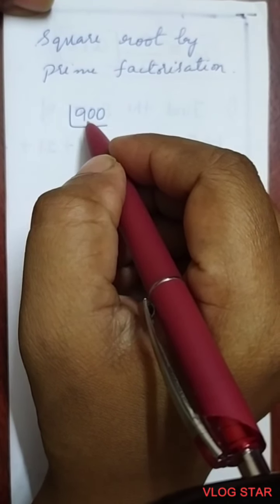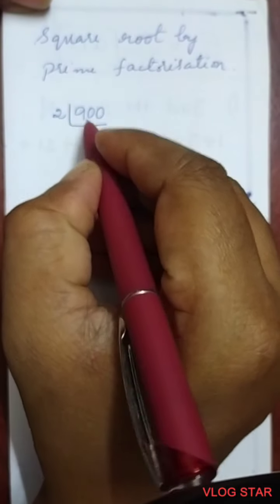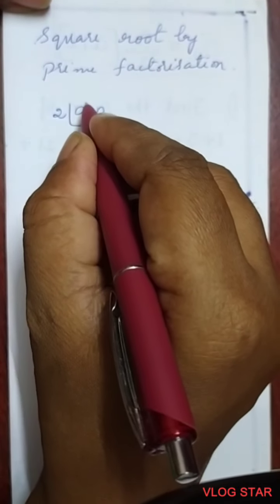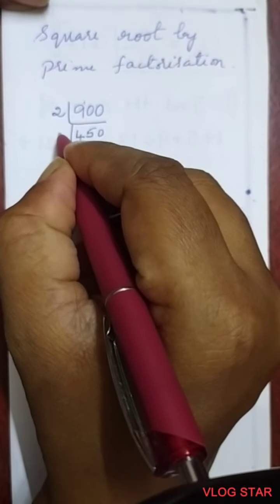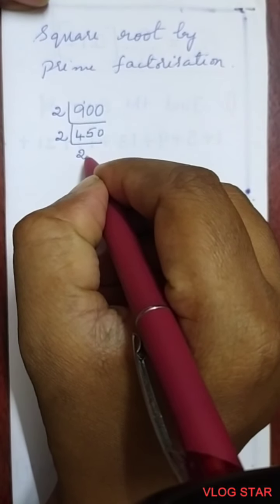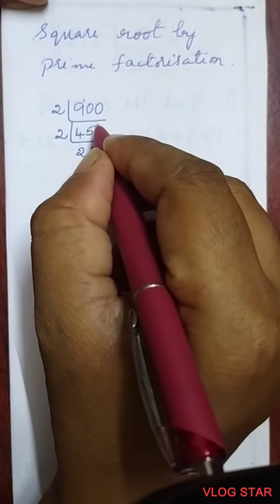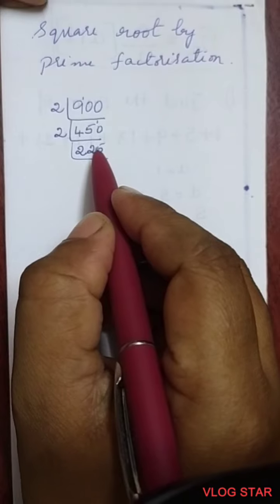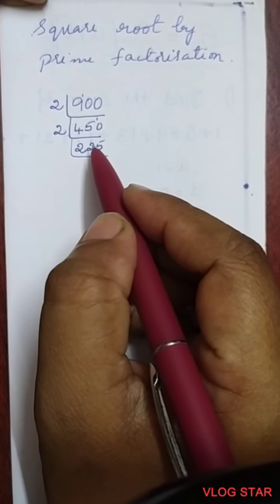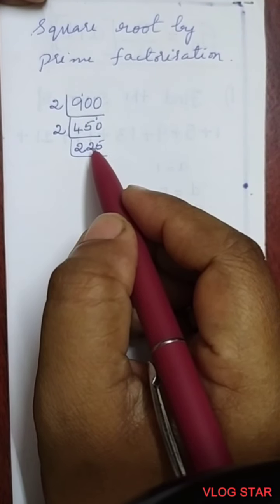So the smallest prime number is 2. So 2 how many times? 2 4s are 8, 1 is remaining. 2 5s are 10, 2 zeros are there. Then 2 2s are 4. 2 2s are 4, 1 is remaining. 2 5s are 10. Then if the last number is 5, we can divide it by 3 or 5, any